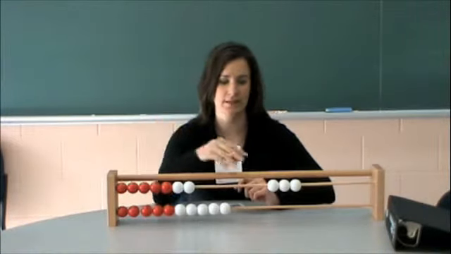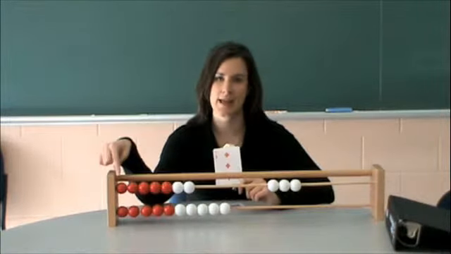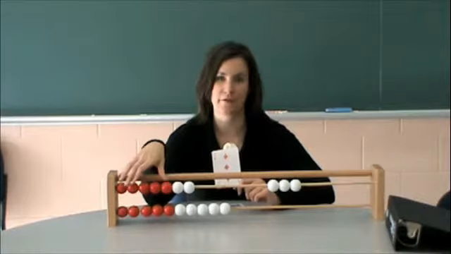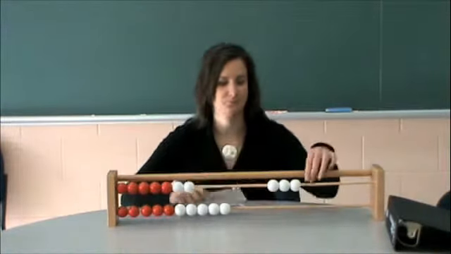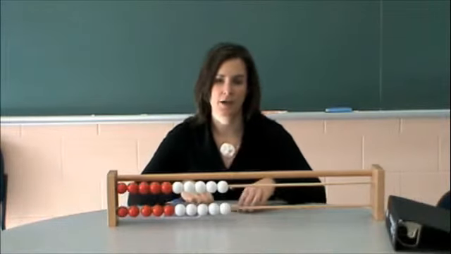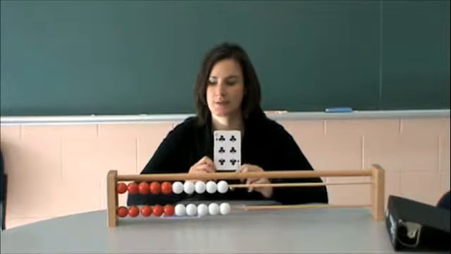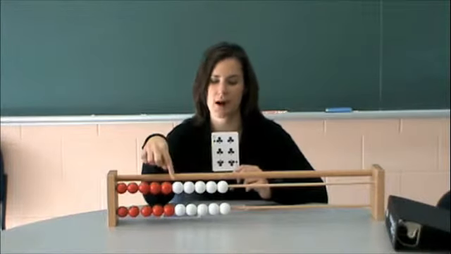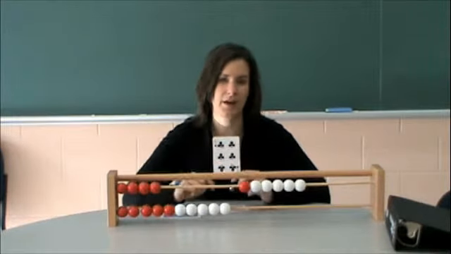They're also realizing that 3 and 5, 6, 7 must make 10 because they know that 5 red balls and 5 white balls makes 10. Another example would be if they wanted to represent 6. 6 would be represented by moving all of the 5 white balls and 1 more, because 5 and 1 more